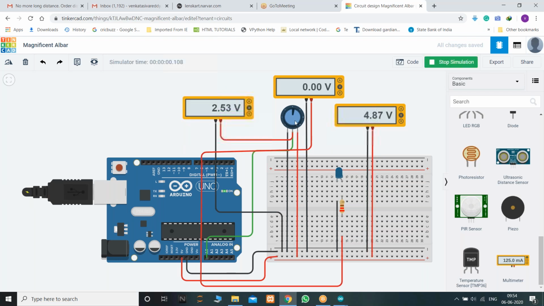Someone may ask, sir, yesterday you said that these pins are not generating any 0 volts or 5 volts if you are not making it a pull up or pull down. As we are not feeding any voltage to this multimeter, it will show you 0 volts. It won't show you none values. Am I clear?